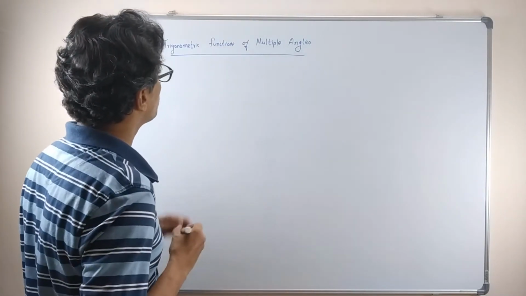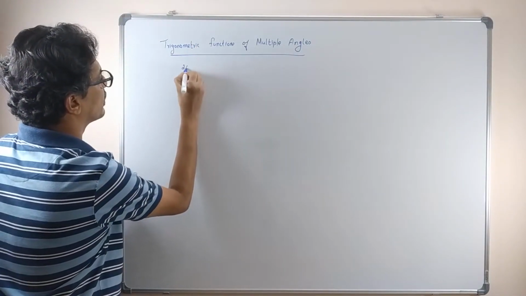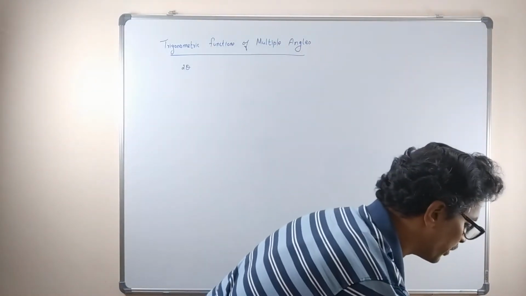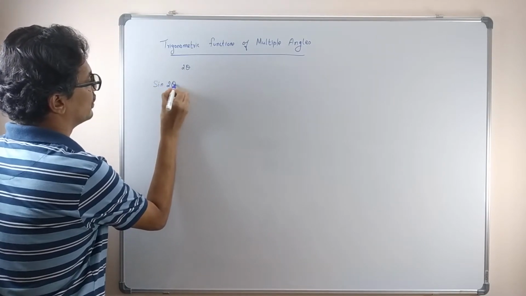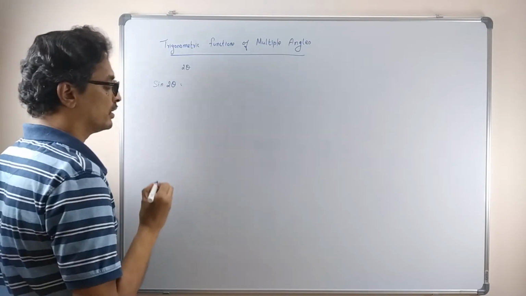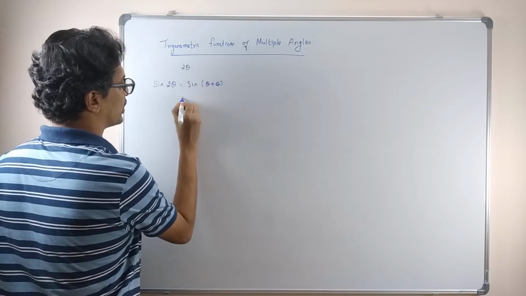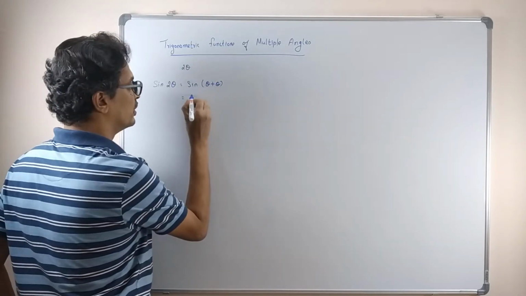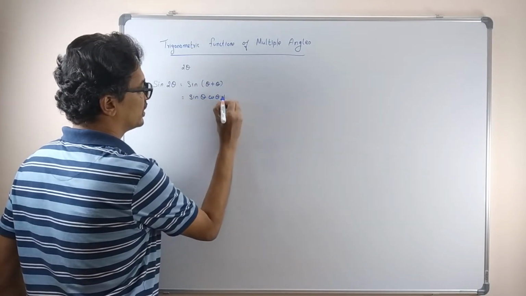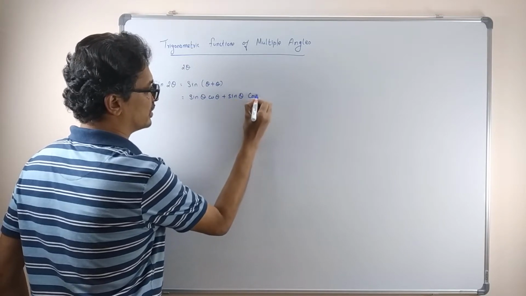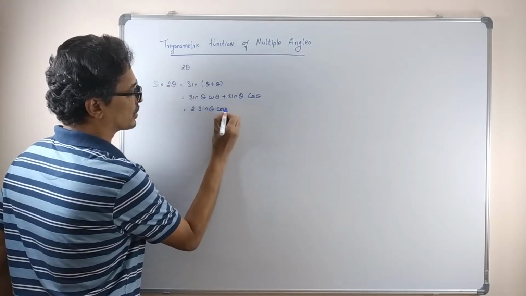So first we are going to see the twice angle. Suppose you have an angle which is given by 2 theta. What will be the trigonometric ratios of it? Let us first find sine 2 theta. What will be the formula? Tell me. Sine 2 theta is sine of theta plus theta. Good. Now we know sine of theta plus theta equals sine theta cos theta plus sine theta cos theta. Therefore this is equal to 2 times sine theta cos theta.